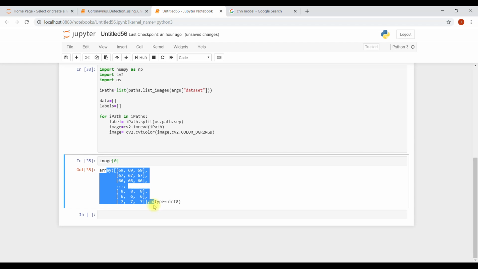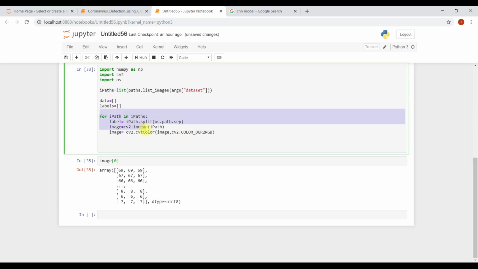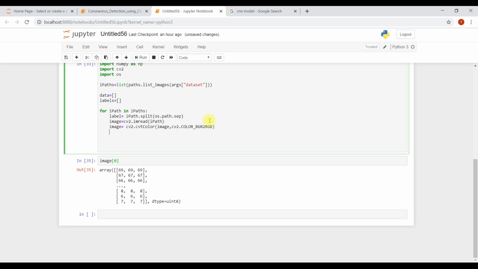It's a machine, it understands in a numerical way. If you give it an image, it will not understand. So that's what we've done till now. We called label, which is a separate thing, and we converted those images into numpy arrays with the imread function, and we converted the images into the RGB channel.